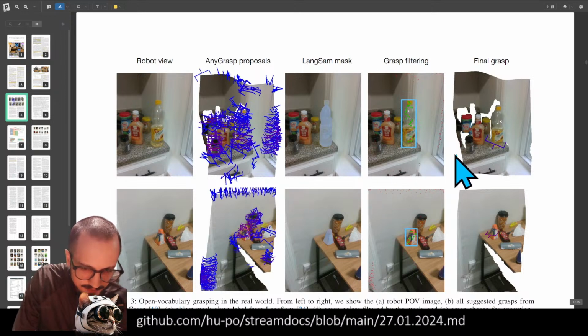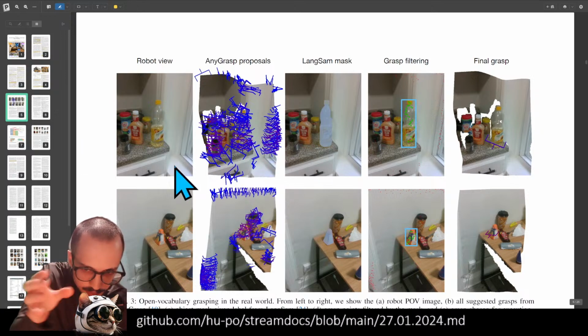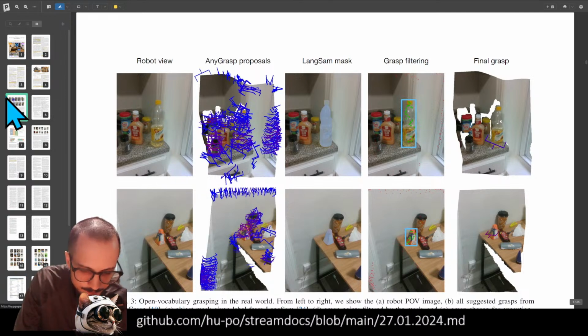But as I said, with pretty much all the things in this OK Robot Meta paper, this is very old school, right? This feels like what you were doing in 2015. We were doing these kinds of techniques in 2015 for robotics, and this is not what modern robotics is going to look like. This is the piecemeal, separate modules approach, where you break up the problem into like 17 different sub-problems and then solve each of the sub-problems. I just don't feel like this is what we're going to be doing in the future. This is old school